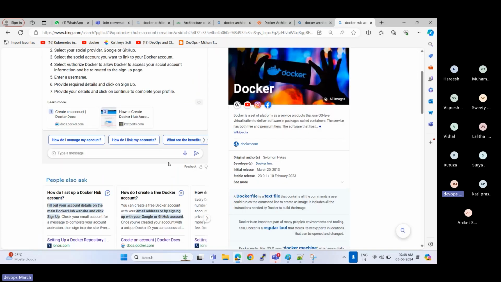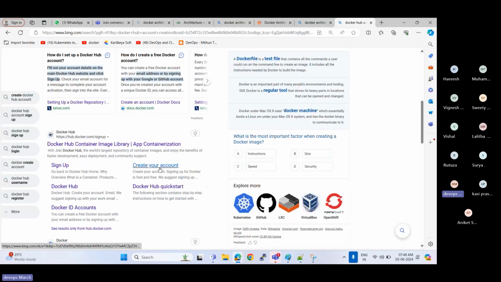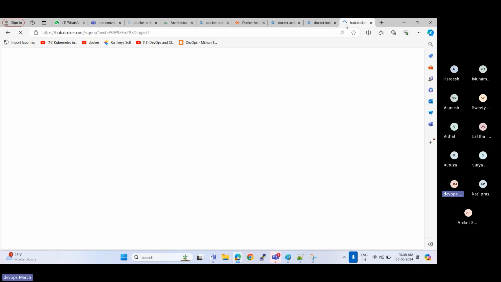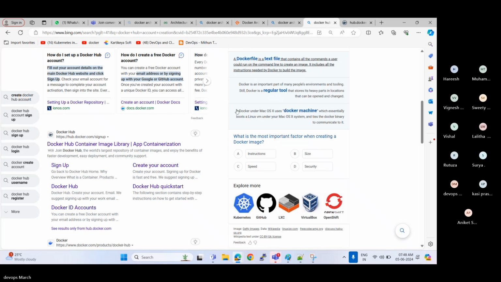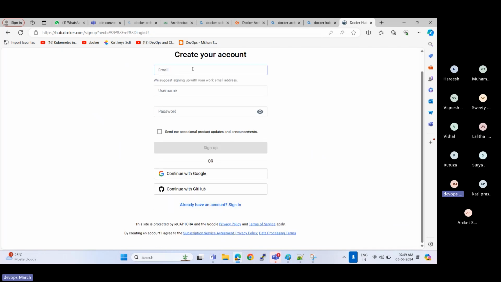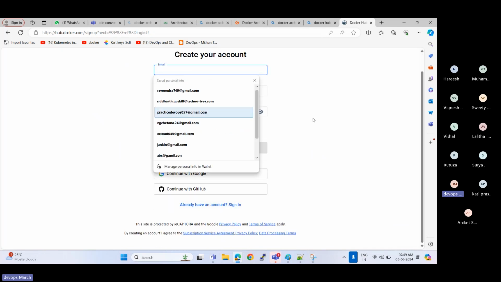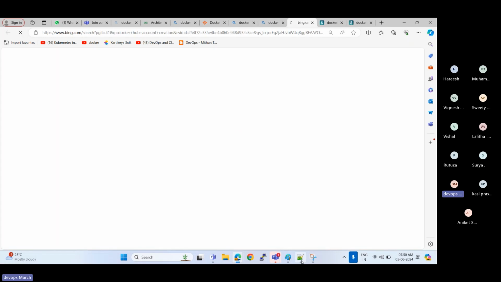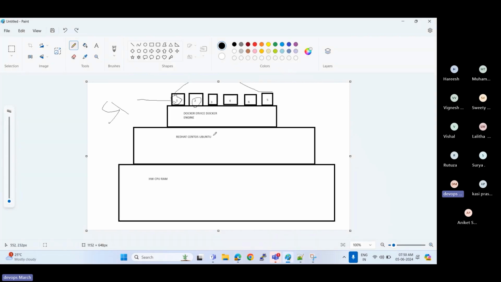Go to Docker Hub account creation and create your account. I already have an account, so I sign in. If not, use your name.